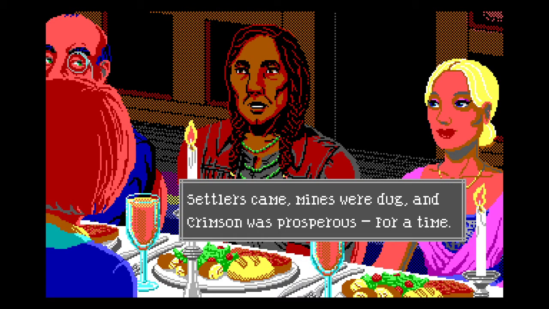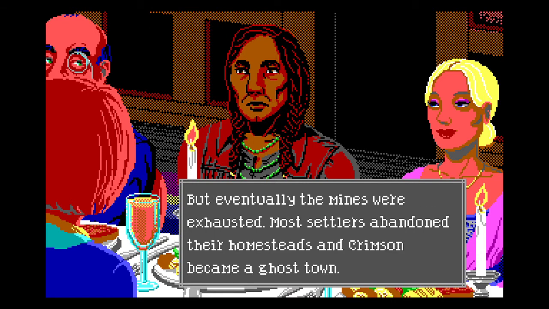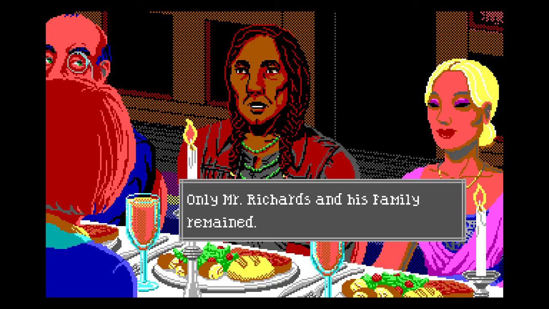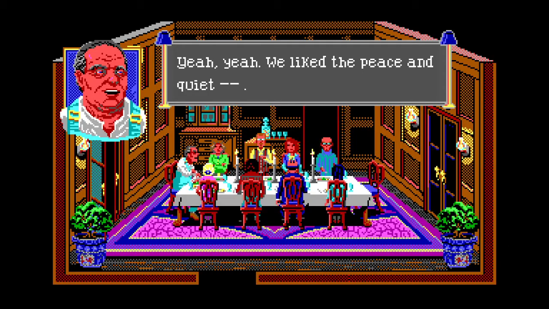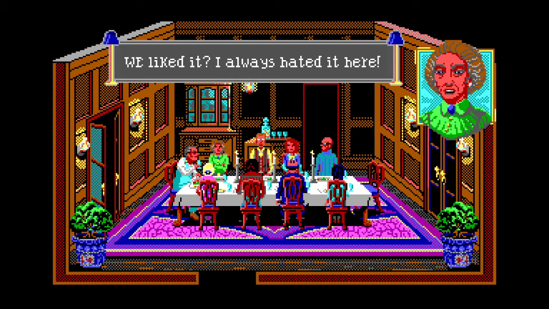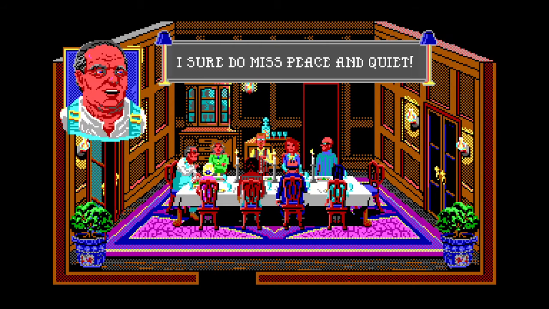Settlers came, mines were dug, and Crimson was prosperous for a time. Eventually, the mines were exhausted. Most settlers abandoned their homesteads, and Crimson became a ghost town. Only Mr. Richards and his family remained. Yeah. We liked the peace and quiet. We liked it? I always hated it here. I sure do miss peace and quiet.